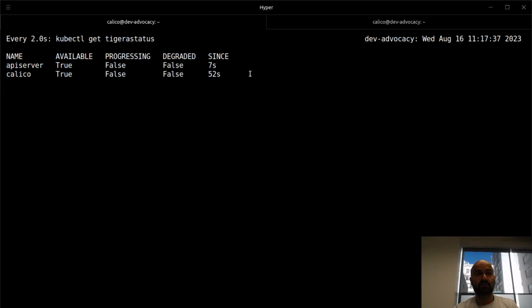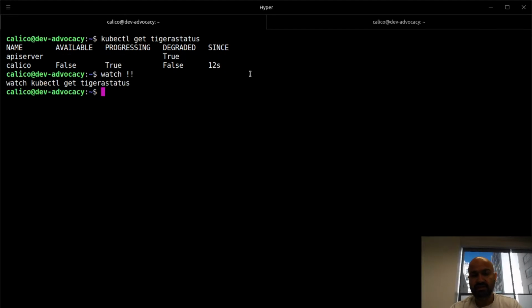So by default, kubectl cannot interact with that API group. So API server here expands the capability of your Kubernetes API server, and it allows kubectl to get information about, let's say, Calico global